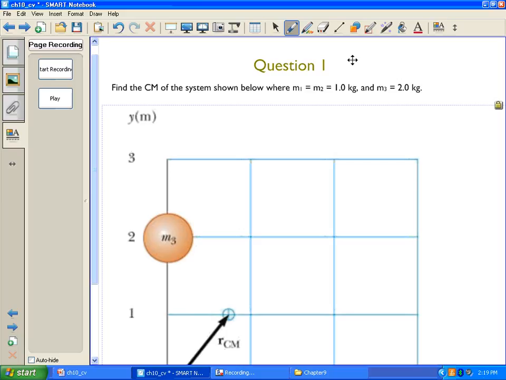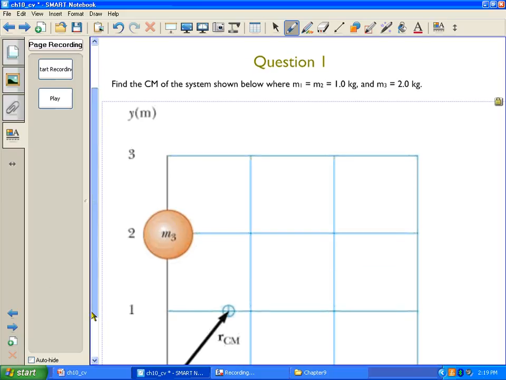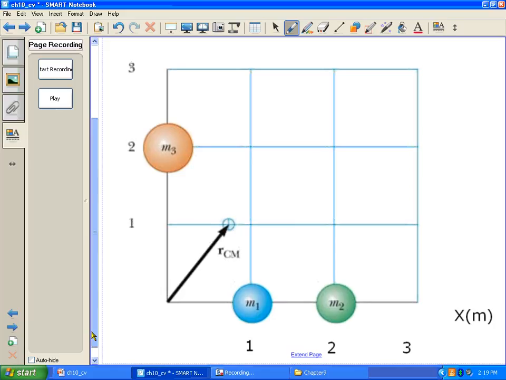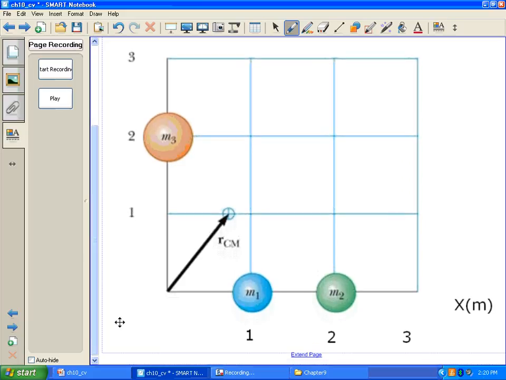So the first question says, find the center of mass of the system which is shown below, where we have 3 discrete masses, in other words, point masses. M1 and M2 are both 1 kilogram, and M3 is 2 kilograms. Now we are shown an XY coordinate system, and we note the position of the masses. We have